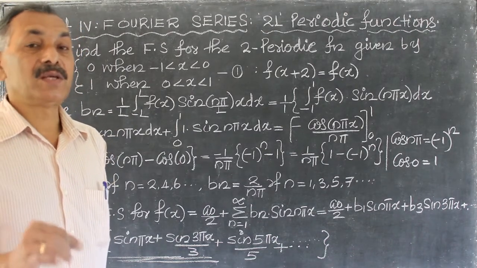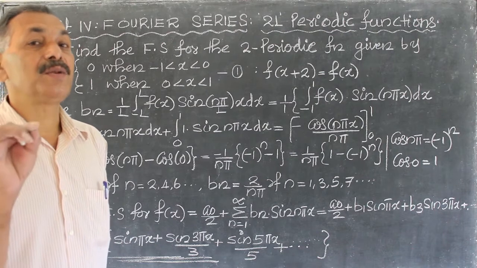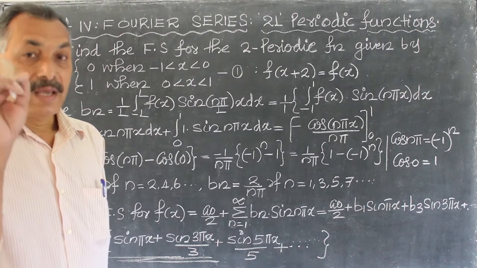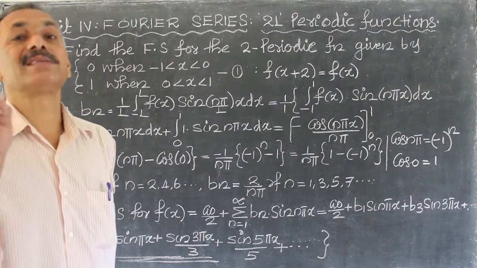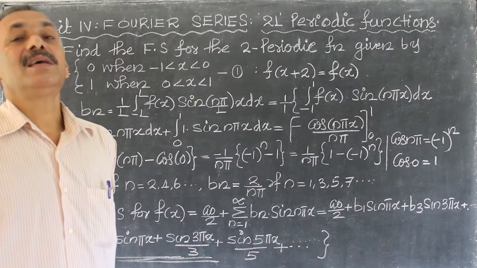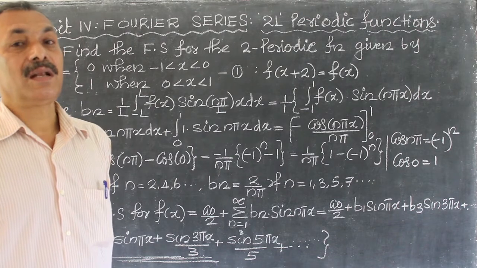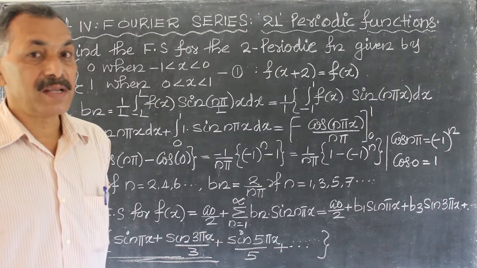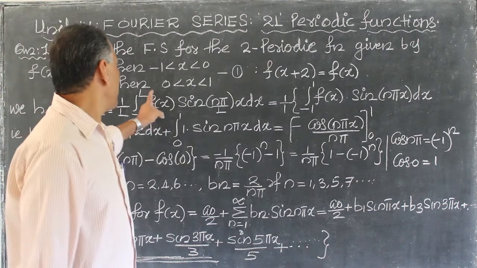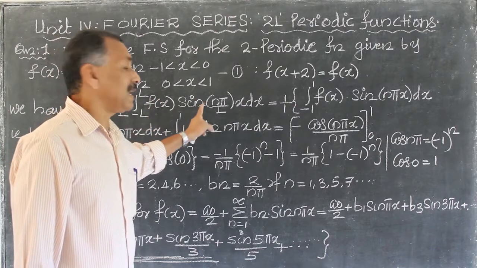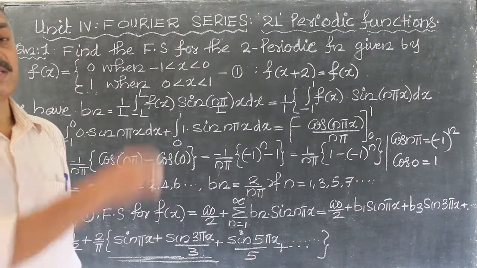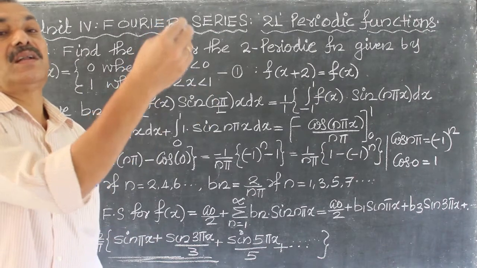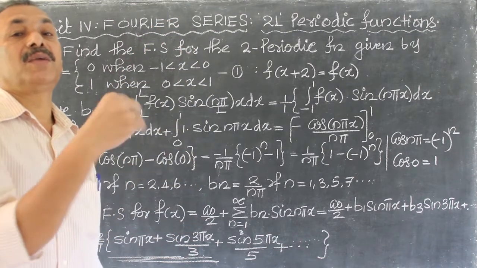Now an is equal to 1 by l integral minus l to l f of x into cos n pi by l x dx. Similarly bn is equal to 1 by l integral minus l to l f of x into sin n pi by l x dx. So a0 we got 1, an we got 0, and in bn, b1, b3, b5,